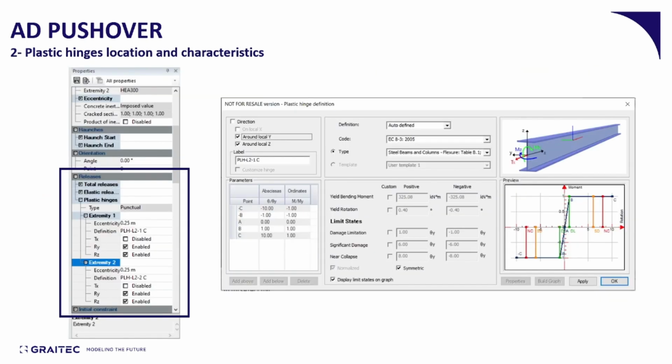How do we define the plastic hinges in advanced design? Basically, by selecting a member, we have the option of plastic hinges, as we will see later on, and we enable the degrees of freedom where we want to have the plastic hinge. For example, here is a case of a beam or a column, and here it is actually a column,